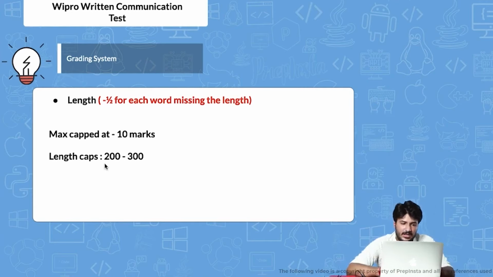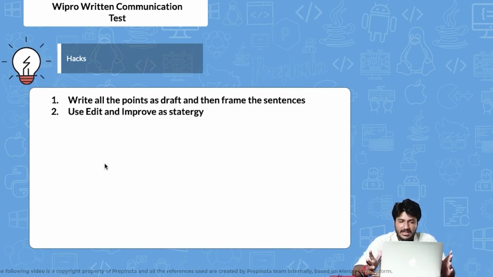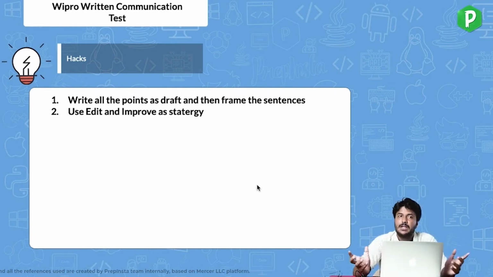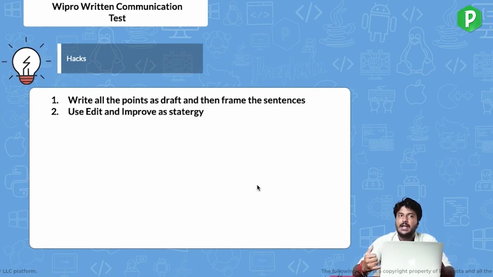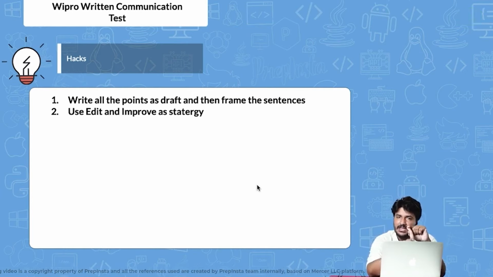One more thing, so I'll just basically discuss the hacks now. Later on, I'll tell you one point that I forgot to mention in the slide. After you write the whole paragraph, you should have this edit and improve strategy, which basically says that you write the whole thing, but after that, you edit it and improve it. You try to proofread it, try to identify if I've made any punctuation errors, capitalization errors, grammatical errors, or spelling errors. So that is proofreading, right? So proofreading is the one thing that you should do.